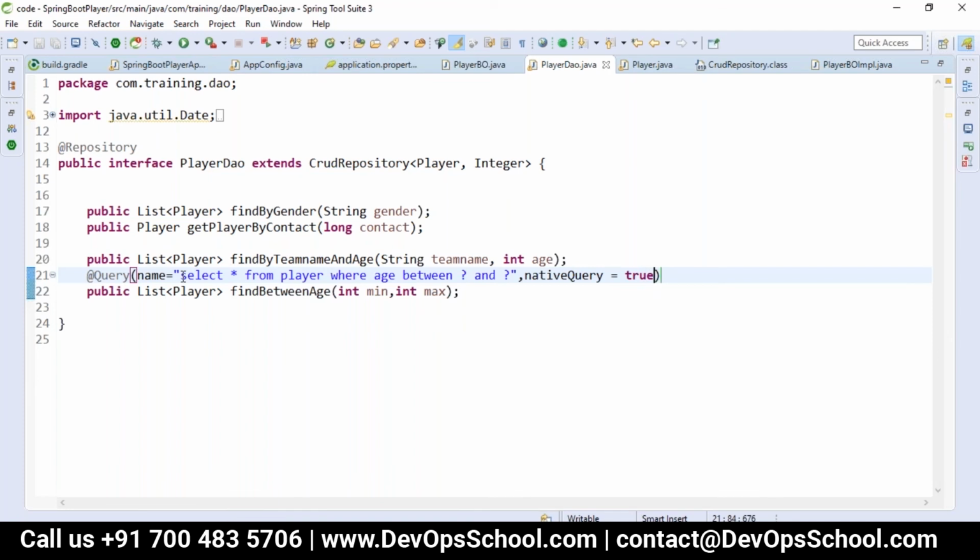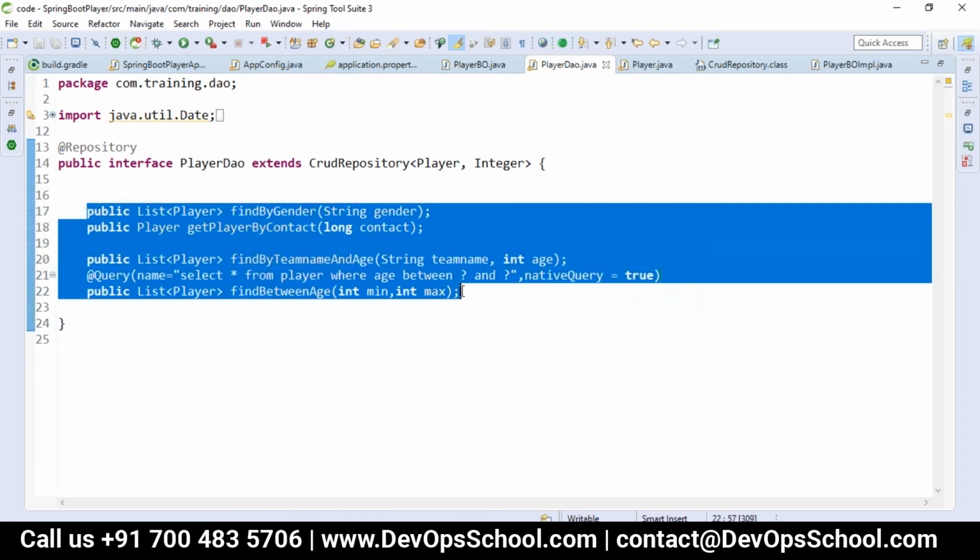But how will you pass the query values to this? That is what you have written here in the method. The first parameter will be taken for the first question mark and the second one for the second question mark. Like this you can configure any of your DAO layer methods.